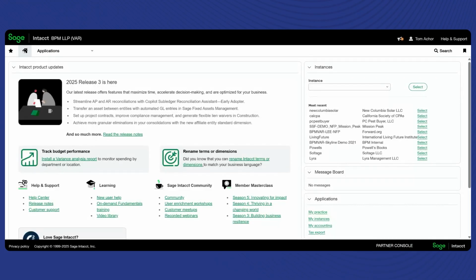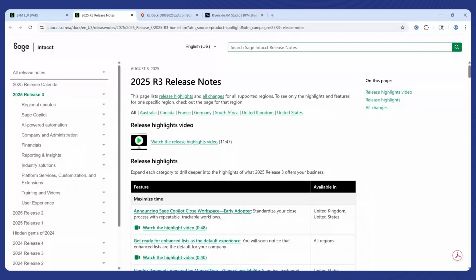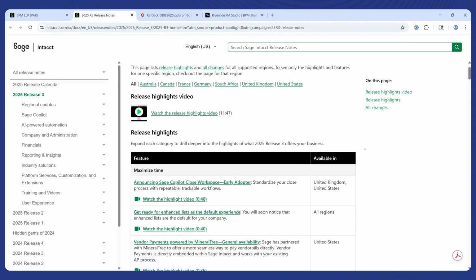Now, if you want to see the full release notes, we can take a look on how you might be able to do that. If you click on the home icon within Sage, they'll typically put the release notes right there for you on the top of the page. And this typically rolls out a few weeks before the release. Here you can see all the system enhancements that have been rolled out. Now it is categorized by release. If you haven't checked in a while and are just curious, you can actually see there they have all the release notes